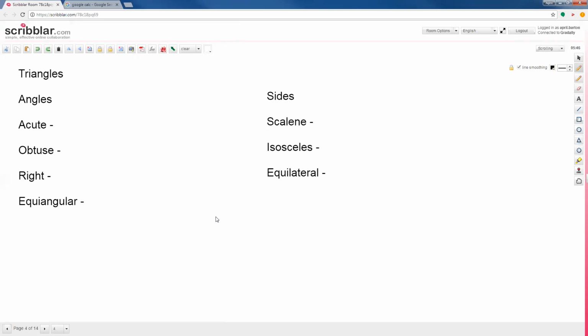So now we're going to move on to some geometry. And we're going to talk about triangles and then perimeter and area today. So triangles can be tricky because there's a lot of different names for all the different types of triangles. Some of it is just knowing what are all these definitions and what do they mean when they say these names. So triangles, when you look at a triangle,